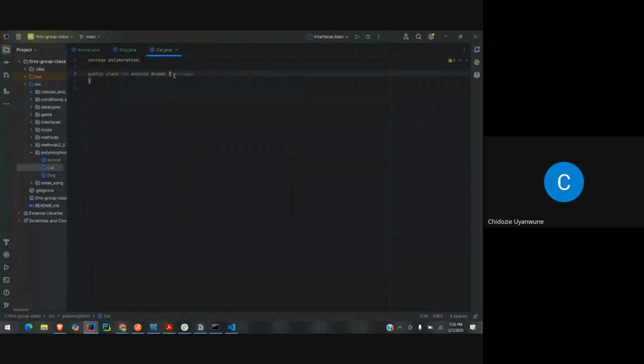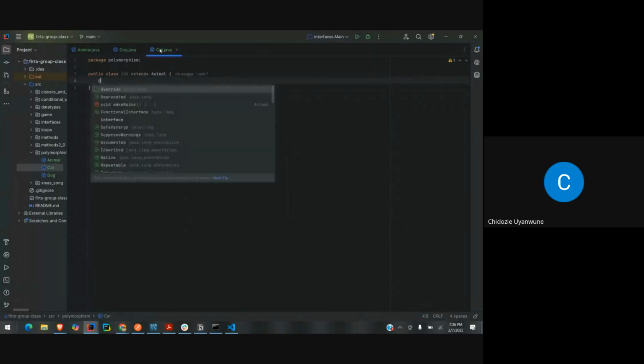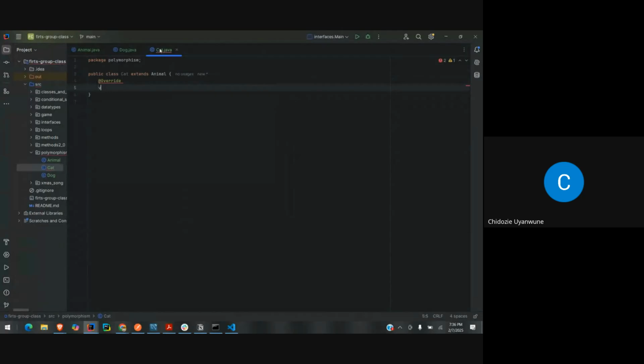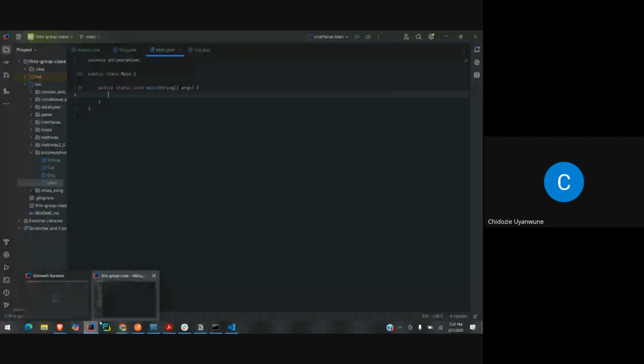So each one has to now override whatever method is here. Let's do the override here. Void make noise, and say I make cat noise. And same thing, let's just copy here. I make dog noise. Those are two instances here. So in our main class, when we want to run this,